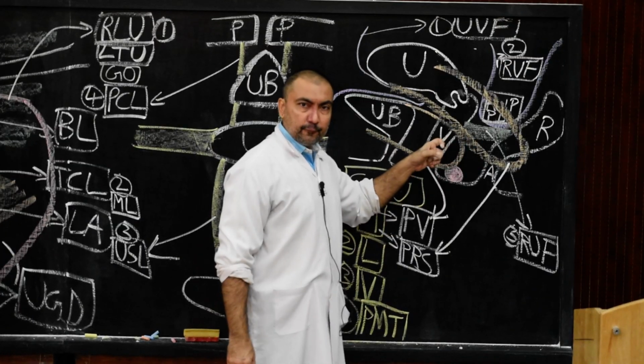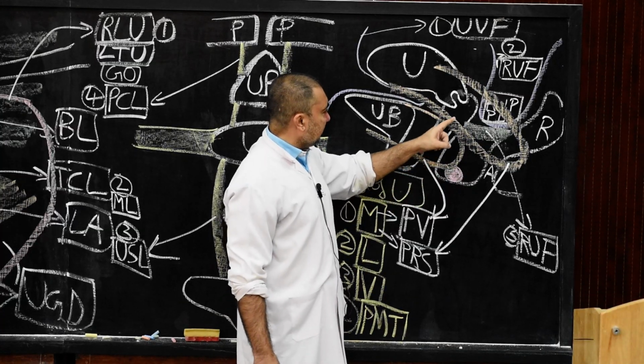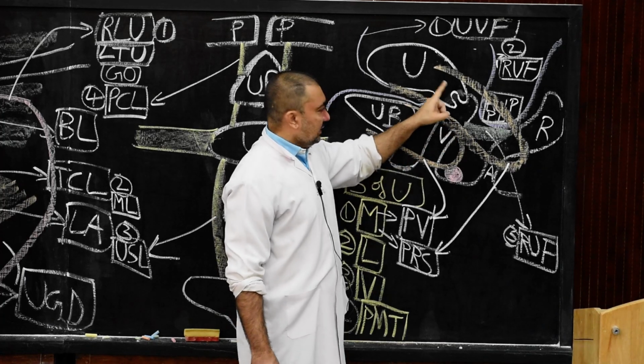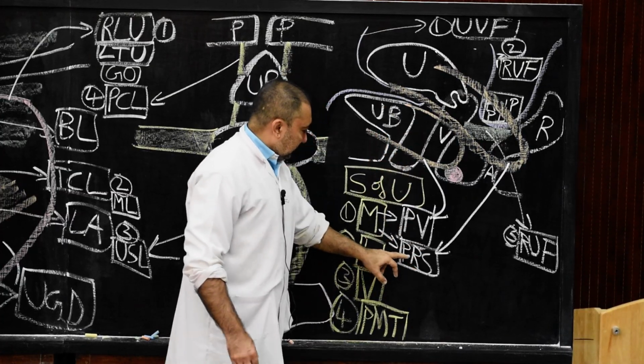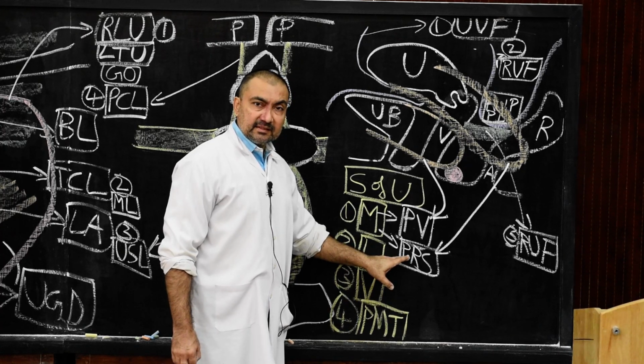This puborectal sling will pull the rectoanal flexure in forward direction, as a result of which it will help basically in supporting the posterior wall of the vagina, posterior fornix of the vagina and the uterus. So this is the second important musculature of the levator ani which will provide support of the uterus.